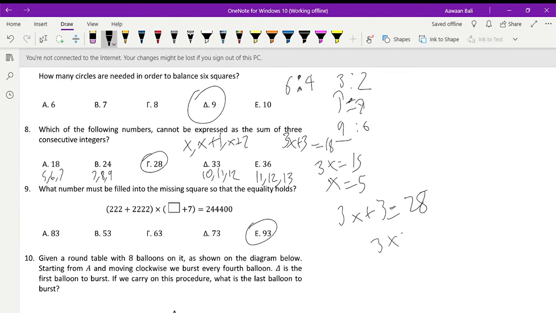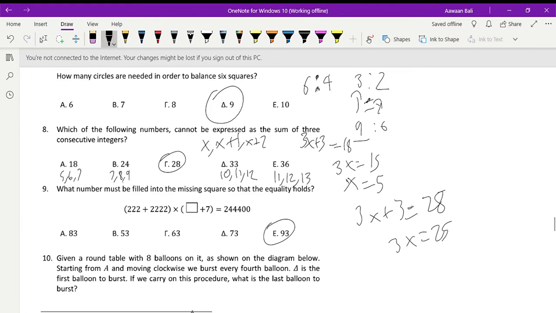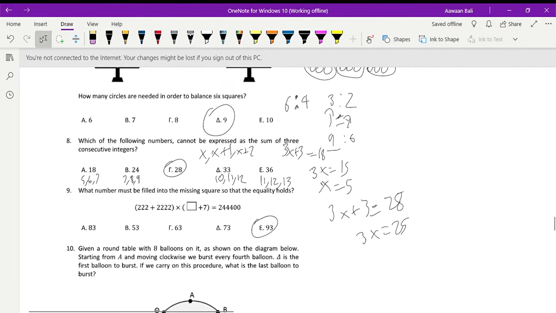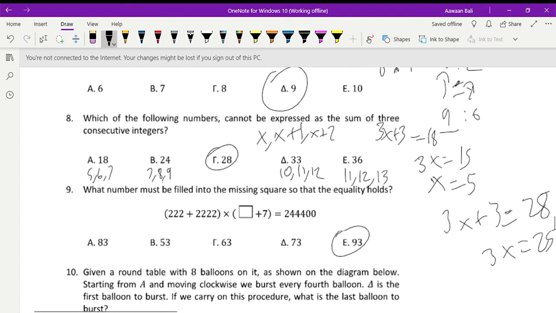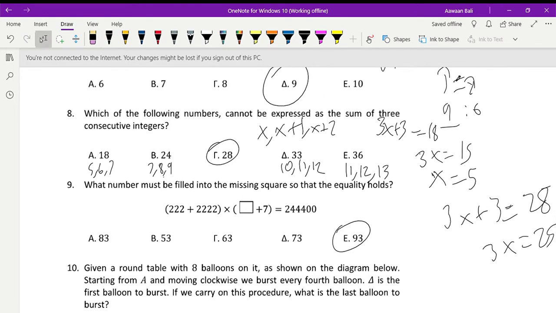3x is equal to 25. That's impossible. 25 is not divisible by 3, and they share no common divisor, which means that the answer is 28 gamma again. I prefer that the variable method is easier,